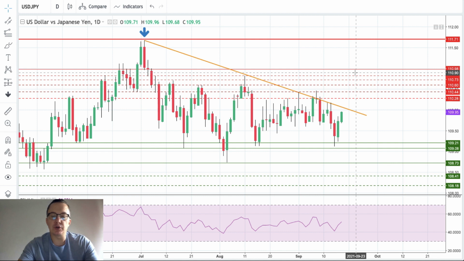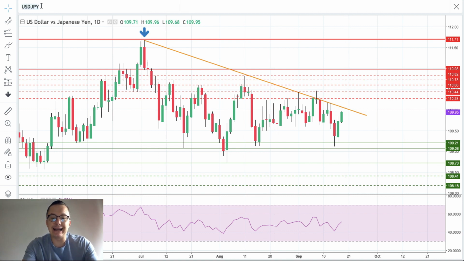So we should be very, very careful if the market approaches this wall of technical resistance. It looks like it will get another either false breakout or rejection, and then of course we will move lower towards the 109.08 and then eventually towards